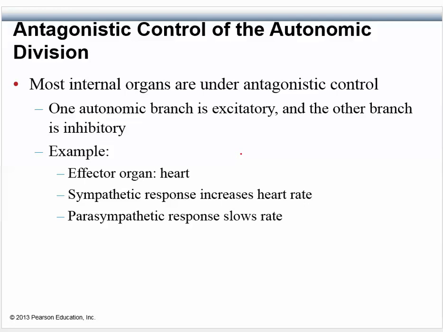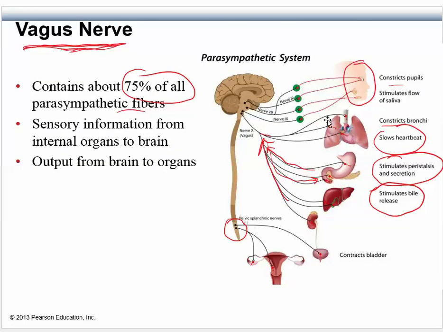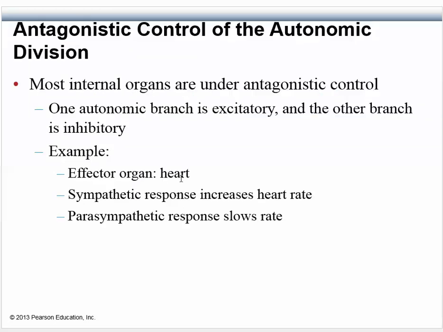Okay, so hopefully you understand that big picture idea of, well, we have nerves going to these areas, releasing a molecule and causing them to slow down or speed up. It depends on what we need to have done, and that's a pretty important point. That we have slowing of the heart rate, but we have an increase in smooth muscle contractions of the stomach, because that's what we need when we're resting and digesting. Okay, so that's what we call antagonistic control.